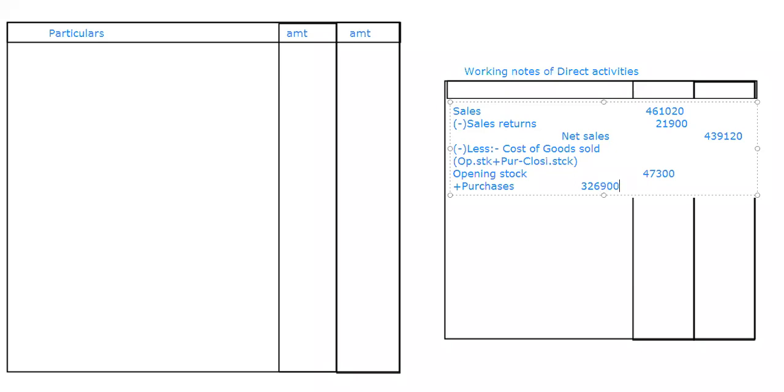3,26,900, right? Now to this one, above what I'll do, I will write as add. Now in this one, again, what I'm going to do is from here, I have a returns, no purchase returns, but purchase returns I should minus kada. So here purchase returns I am minusing now.